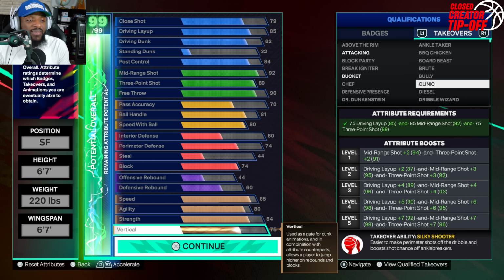Now, what are some other takeovers that you can unlock with cap breakers that'll change this build? I'm about to show you. One of them is down here somewhere. Slice. Slice gives you the takeover ability poster machine, and that's basically like Slash Takeover from last year. So you're going to take that 87 driving dunk, unlock this takeover, and now you're going to be able to get the best posters in the game with this